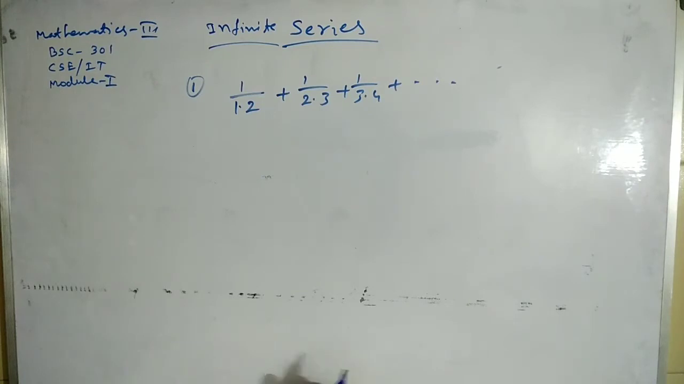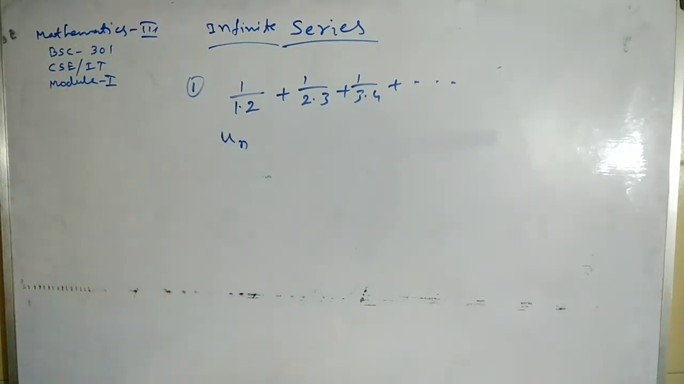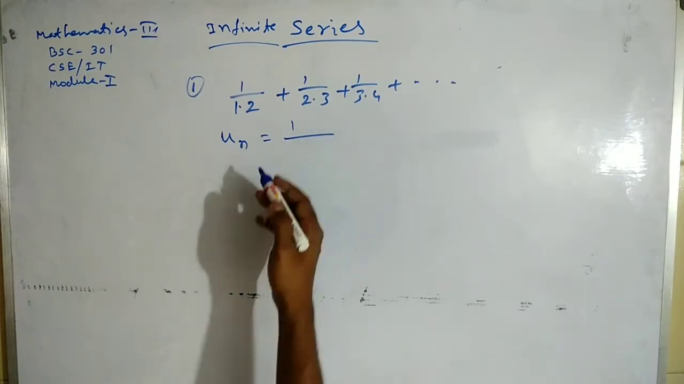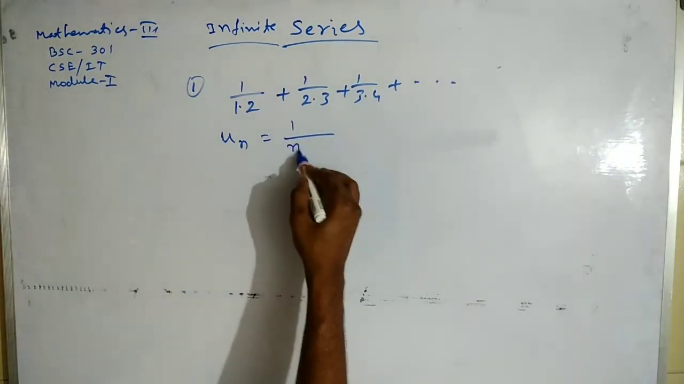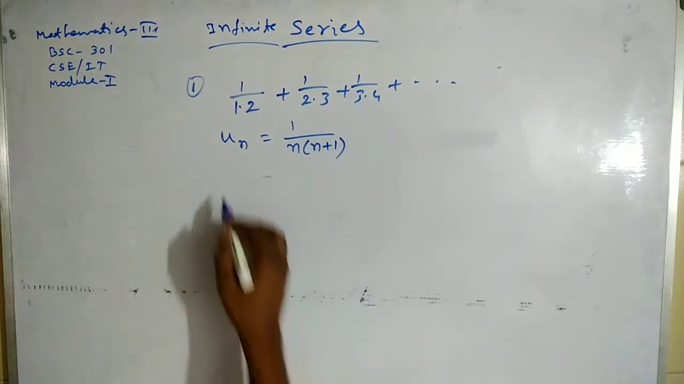Now, what will be un here? What will be un here? un will be, that is the nth term of the sequence un, 1 by n into n plus 1. Okay, so Sn will be